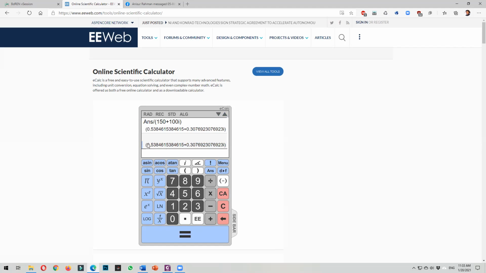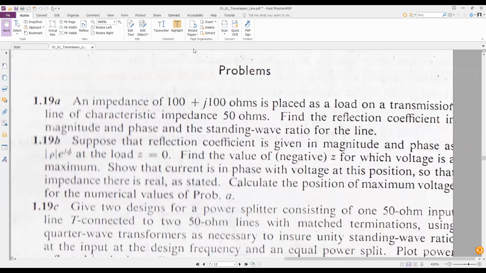Okay, now Sakline, check this: 0.53 and 0.307. I think it would be 0.53. Then the value would be positive. Your mistake was, I think, in the bracket. You gave the wrong bracket. So the value would be